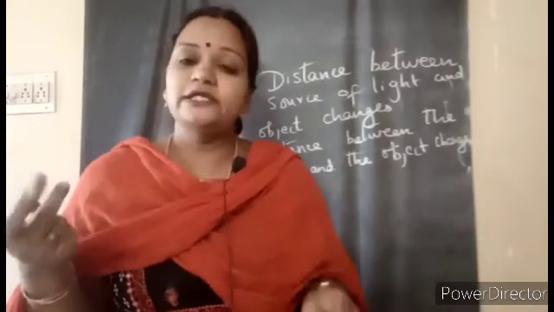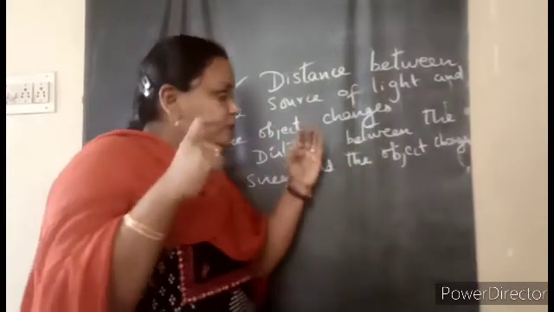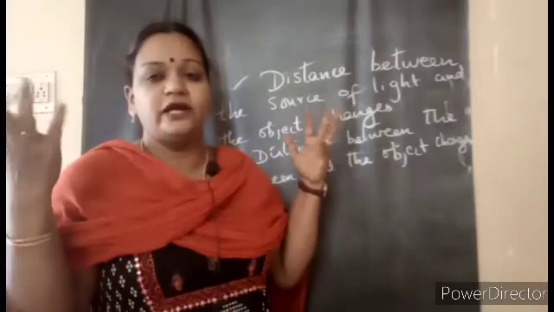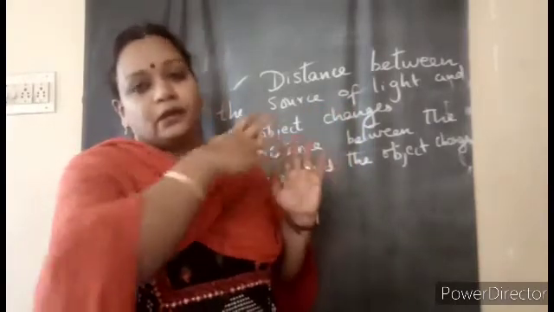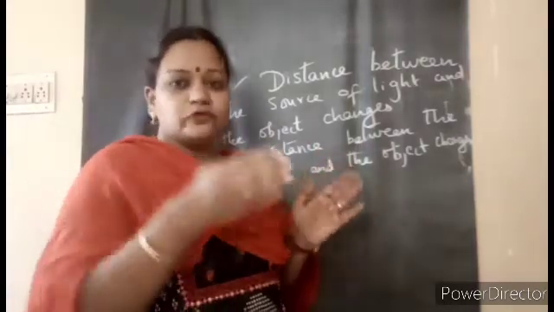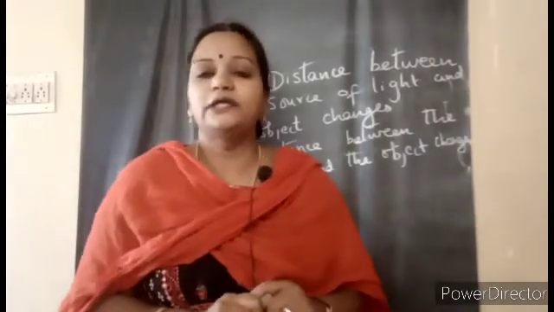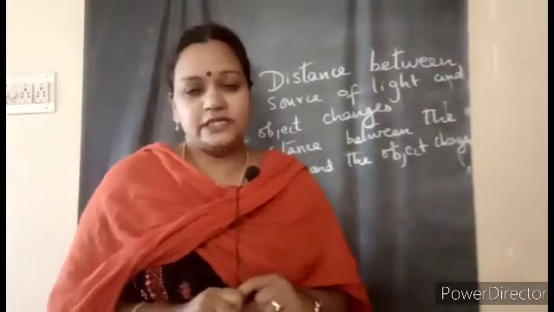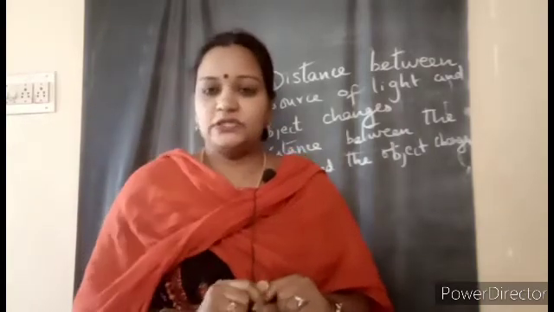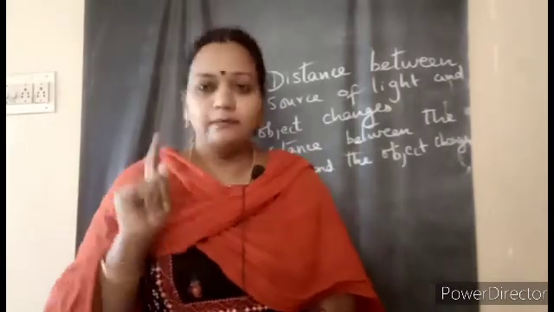You can collect 2-3 things and you can note down when the object is closer to the screen, it is a bigger image, bigger shadow, or when it is far away from the screen, it is larger. The same way, when the source of light, when these two categories you observe and tell me how the size of the shadows changes. Yes children, so this is about the size, why the size changes, and whatever the color of the object might be, the shadows will be in the black color.